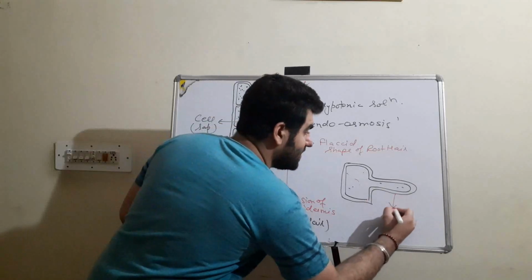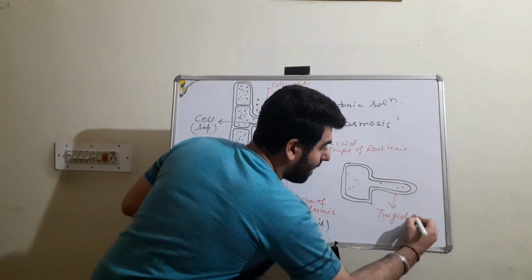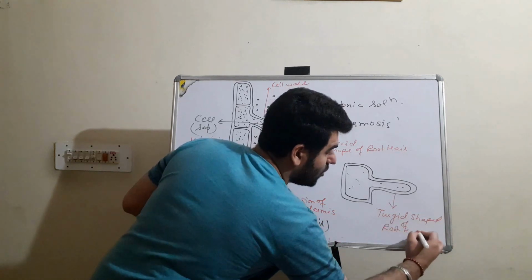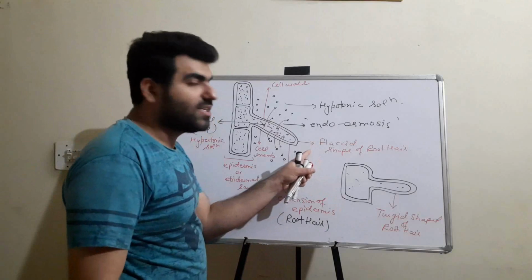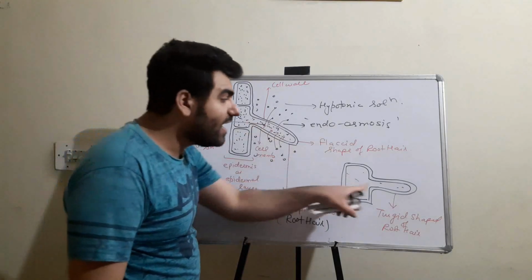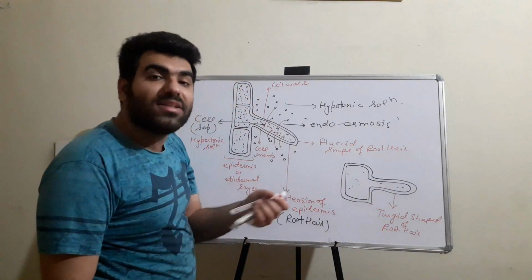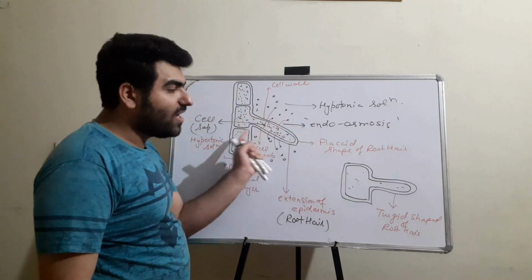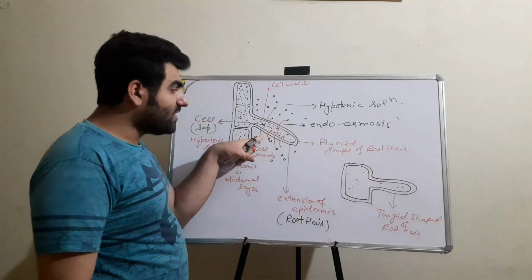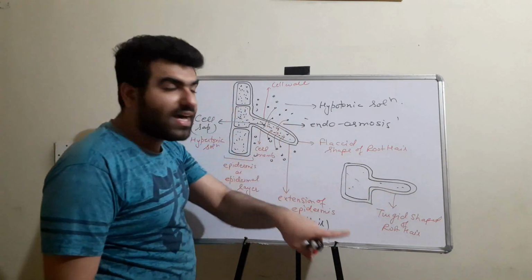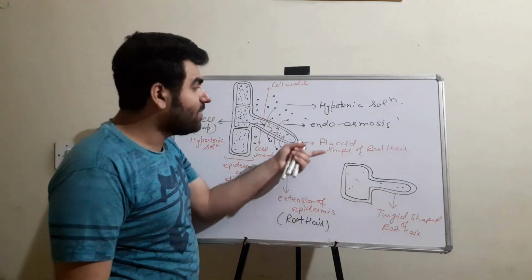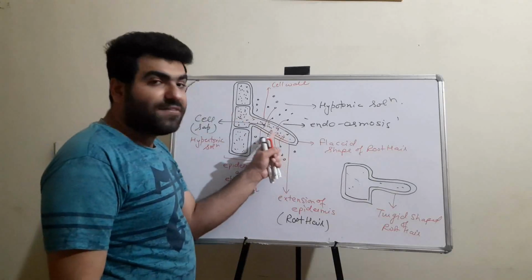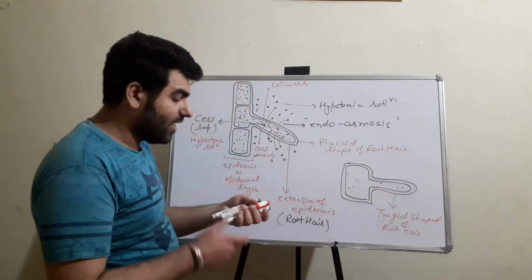So this is the turgid shape of the root hair. This is the flaccid root hair, limp, soft and weak, and this is now stiff, which will provide protection, or stiffness. By the entry of water, it will become turgid. This was the flaccidity and this is the turgidity. The cell will become turgid by the entry of the maximum amount of water into it. So this was the flaccid root hair, this is the turgid root hair.